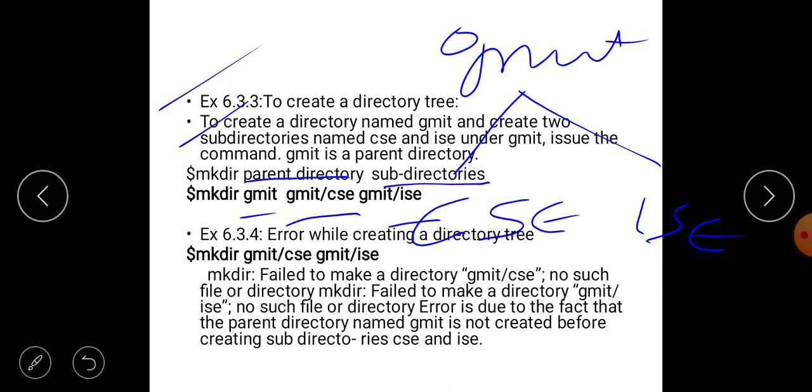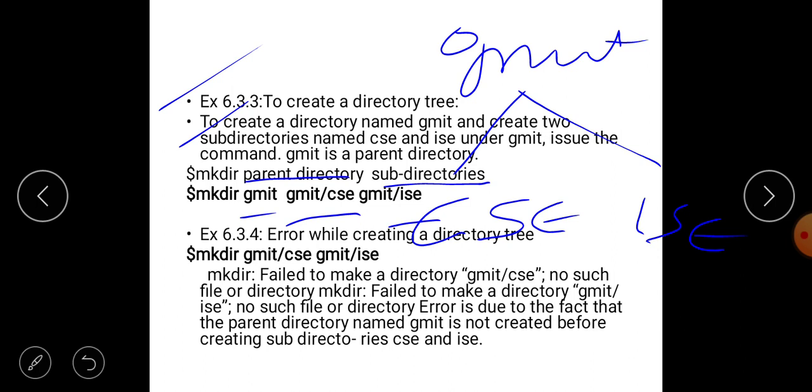So mkdir space gmit, next gmit slash csc, gmit slash isc. Means first the gmit directory will be created, under it csc and isc will be created.